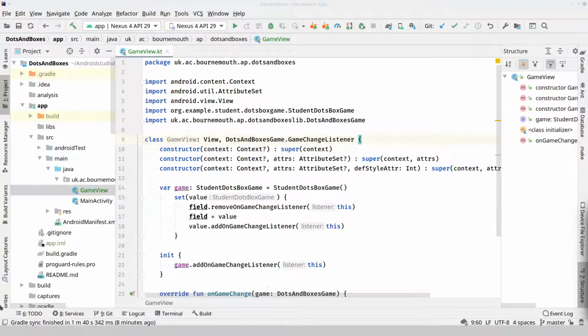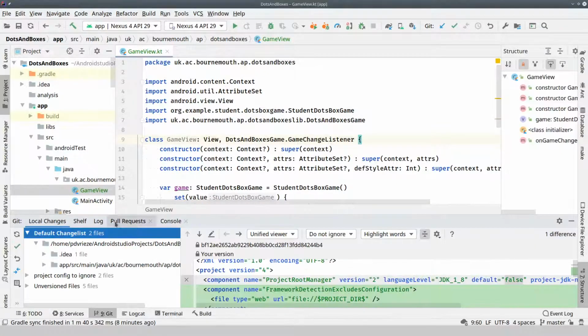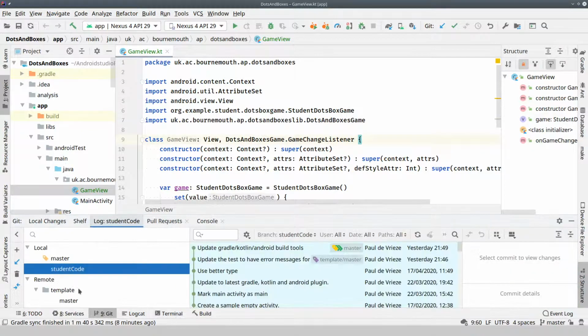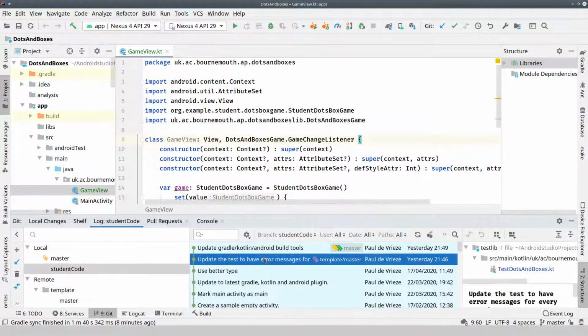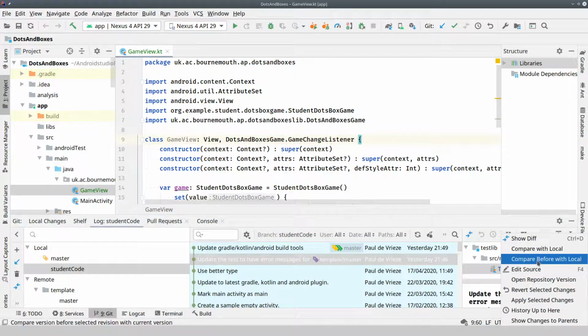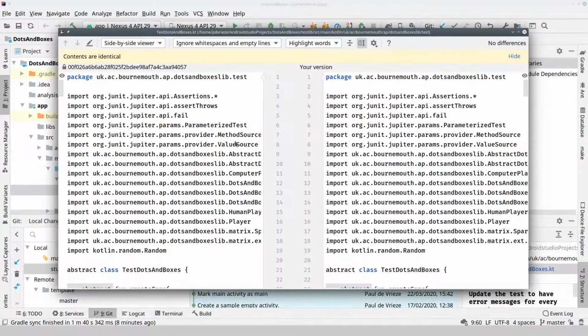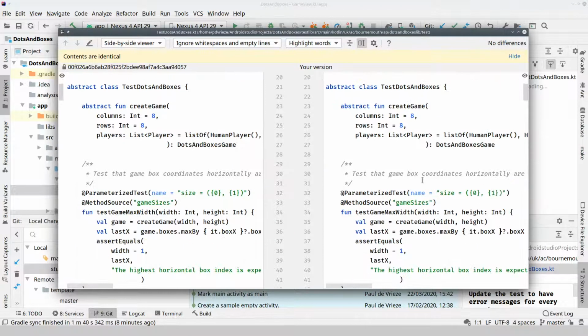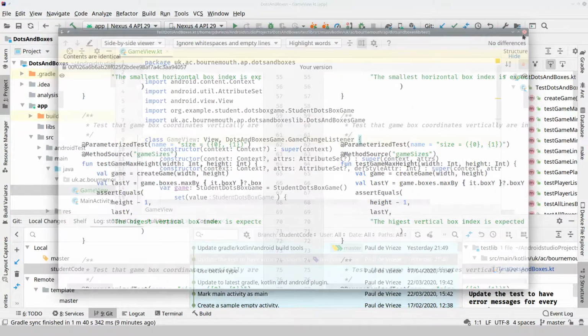And yes, if you do a merge, you can see from the history, you can go to the log and actually see all the changes, and you can just go to the previous version. You can see what that version was. You can compare this file with the local, and then you can even transfer your changes. Of course, in this case, there's no differences, but